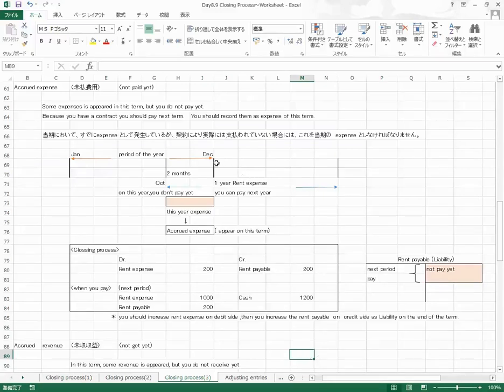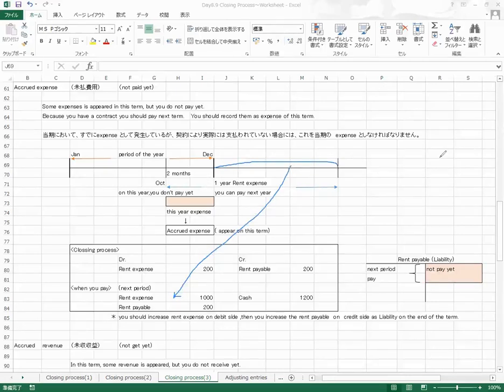That is for the previous rent payment. So the total will be the 1,200 we should pay in this term according to the contract. これですね。